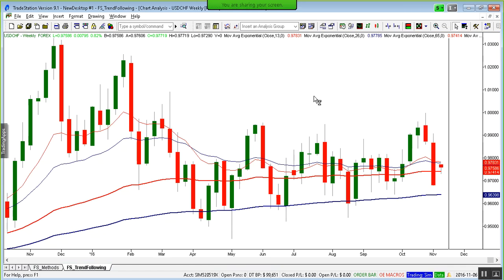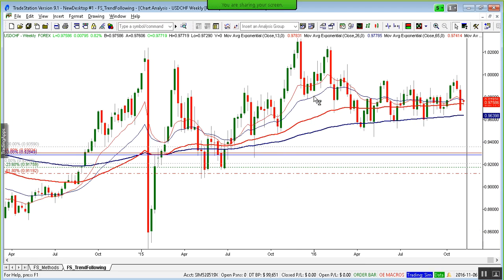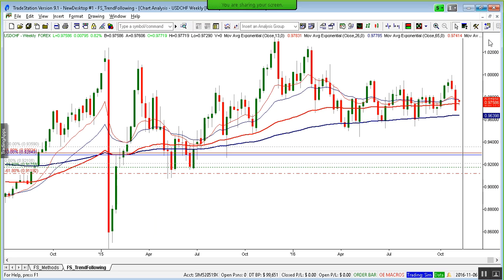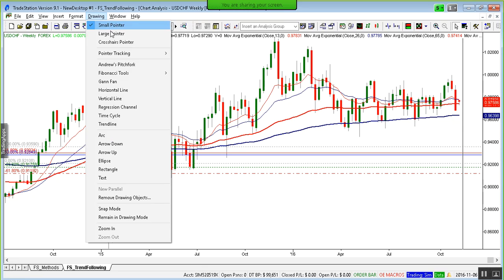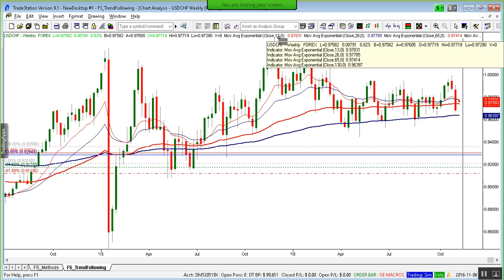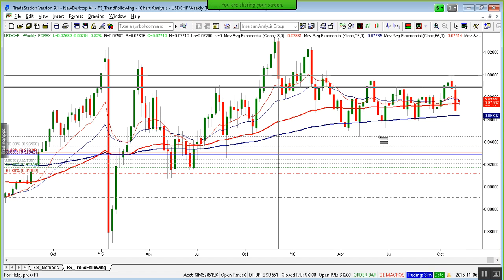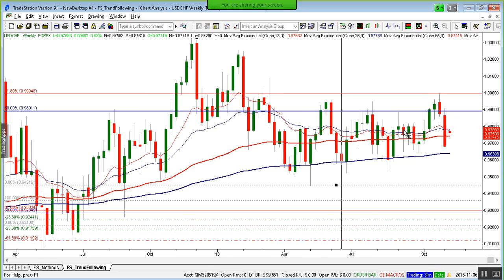Next and last for this first group here is the US dollar Swiss franc. This market has seen a deep correction back into an area of support here, monthly dump money long, and that's one of the reasons why we are seeing the reaction here today. We also have to remember that